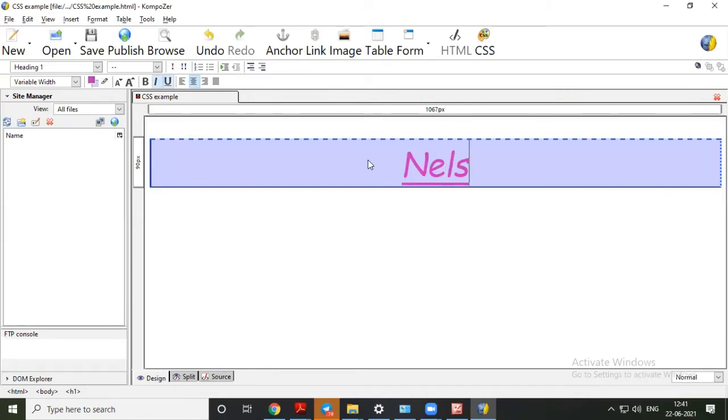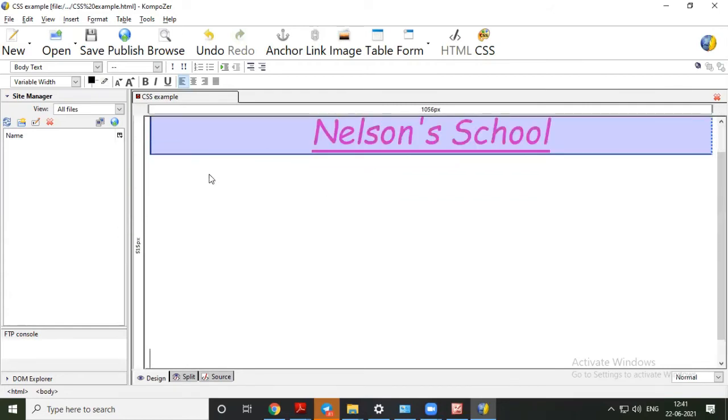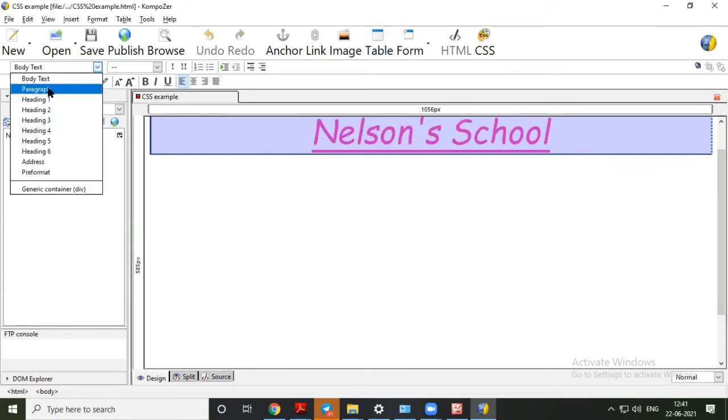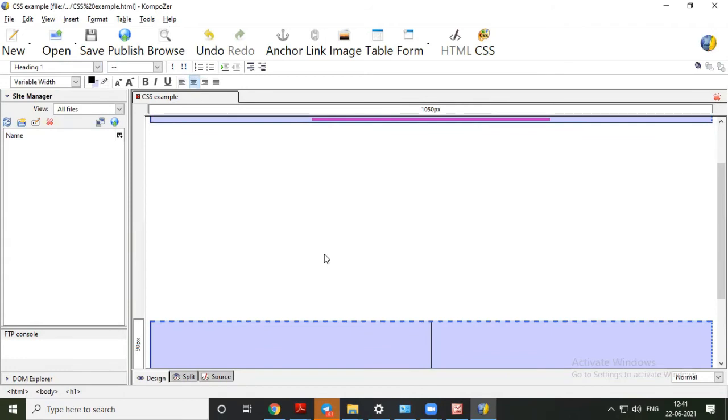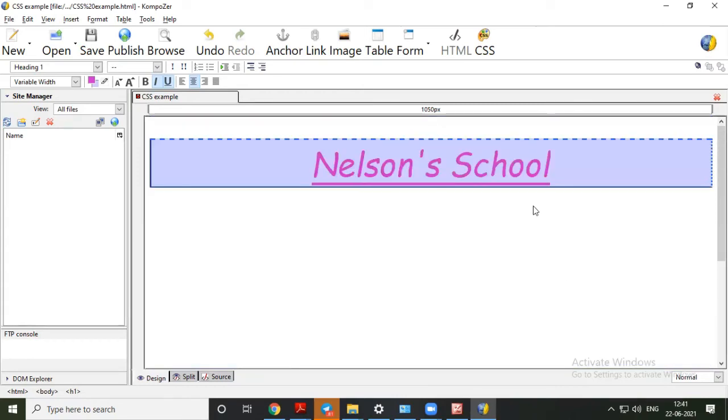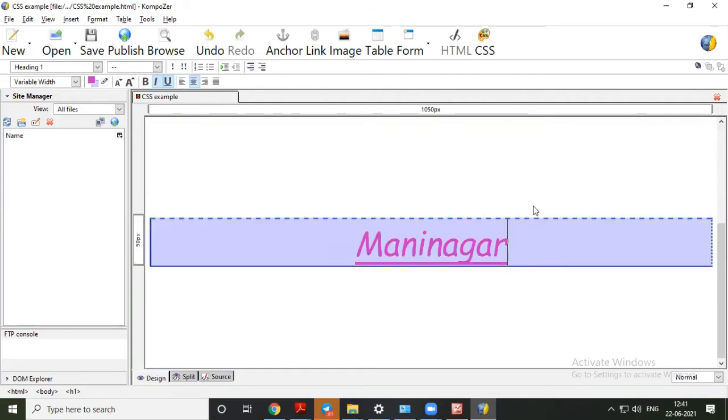Now I am typing something here. Now, for example, I pressed enter to move outside this effect. And now after some space, we can consider that some normal text is there, and again after some time a new heading is required. So again select H1 here and type something else, for example. Okay, so you can see this is the first heading, this is the second heading.